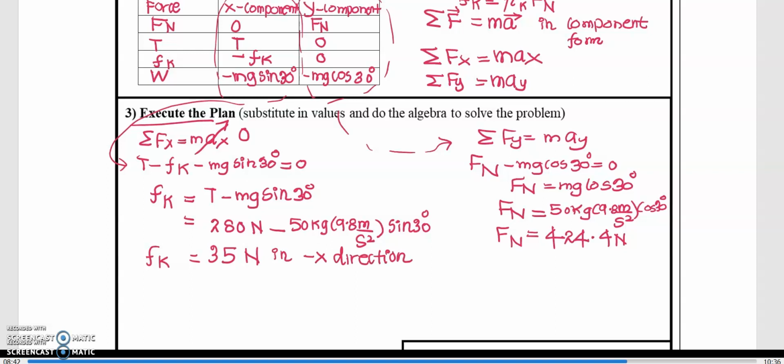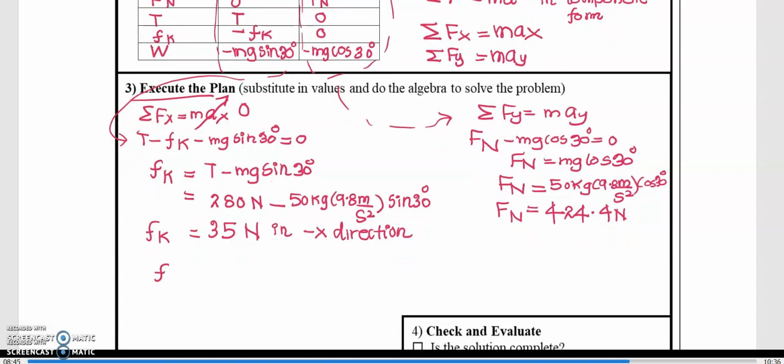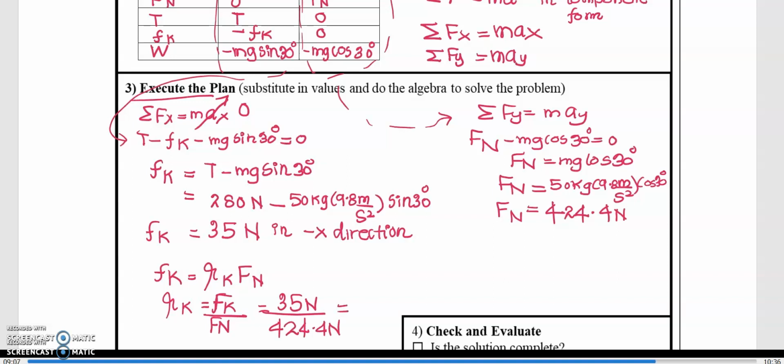And then I'm going to use Fk, kinetic friction is equal to coefficient of kinetic friction times the normal force. And I'm going to use this and solve for mu k. I'm going to separate it and mu k is equal to kinetic friction divided by the normal force. I have solved for the kinetic friction. I got 35 newtons. And for the normal force, I have 424.4 newtons. Divide, you get